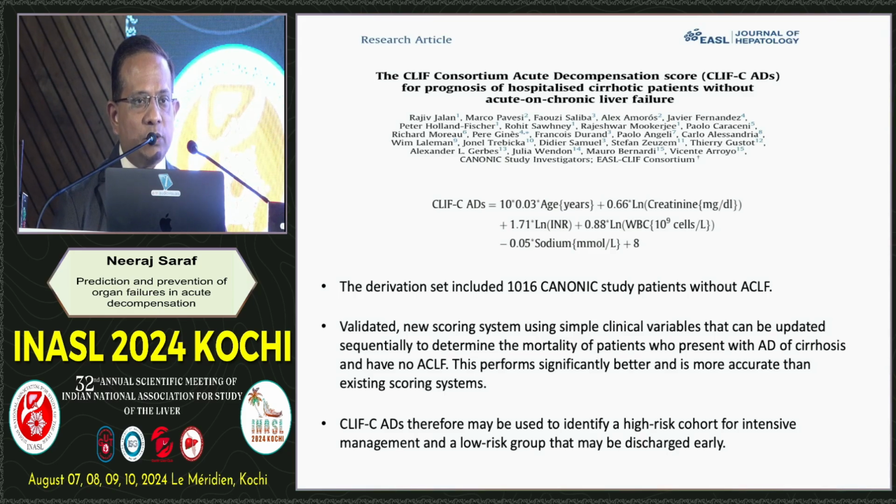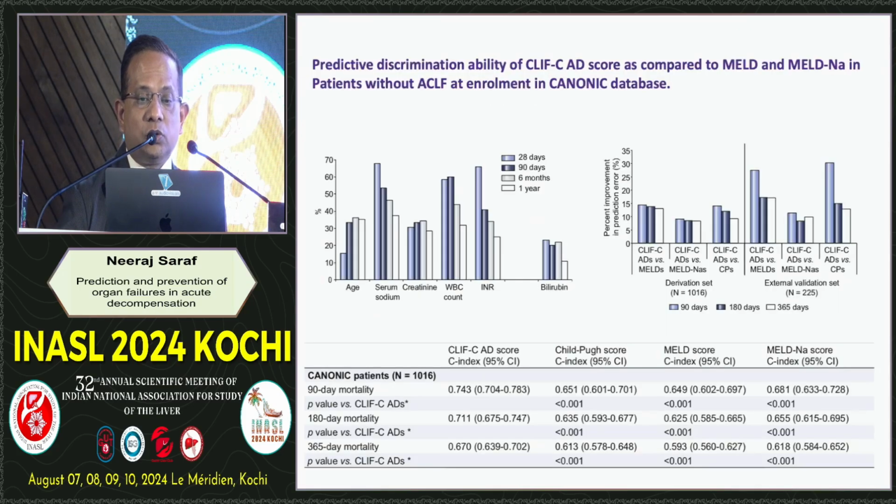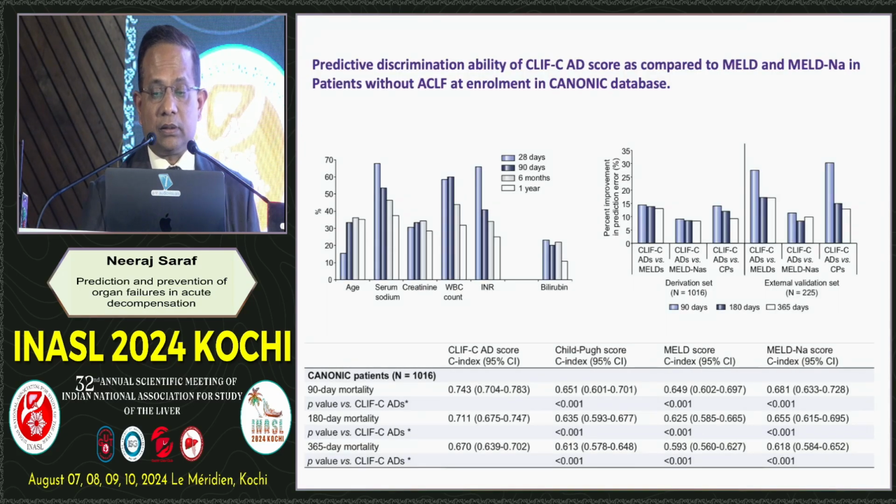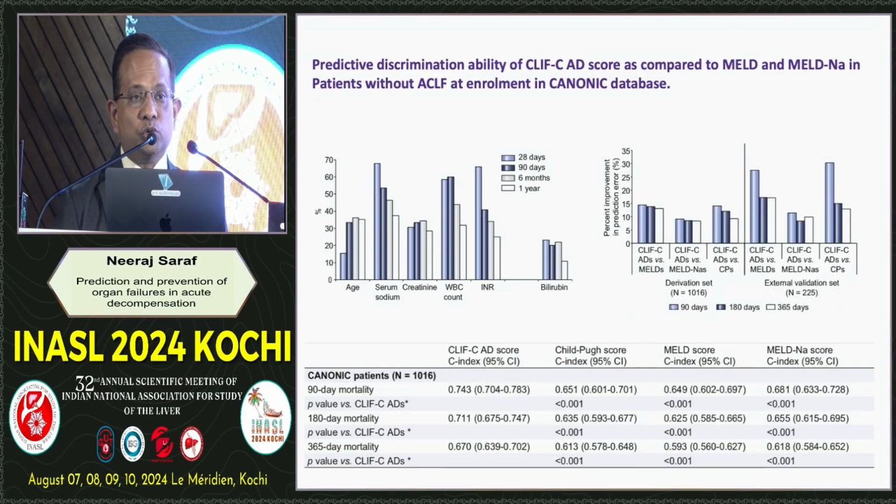And this study also showed that this score actually performed better than the existing MELD score, MELD sodium score, and the Child score. So what are the parameters which were used in this score? There was the age, serum creatinine, sodium, WBC count, and INR. And if you look at this slide,